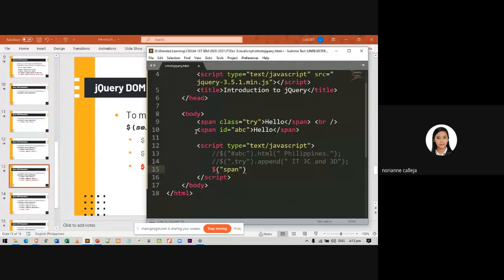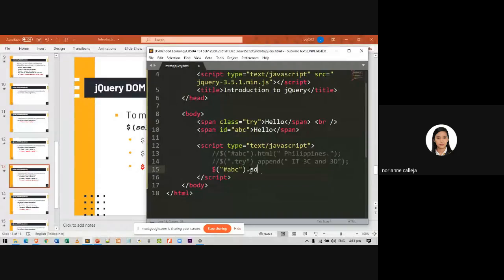So if I just want to add a class to this element, I will just be using an ID selector. So I've selected this element, then I am going to add a class to that element.